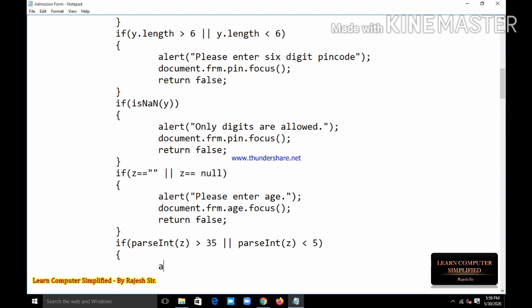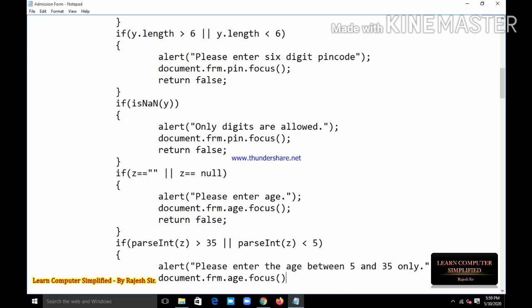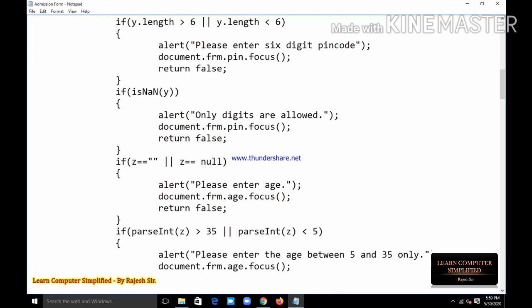I can give an alert over here, "please enter the age between 5 and 35 only". Document.frm.age.focus, return false.